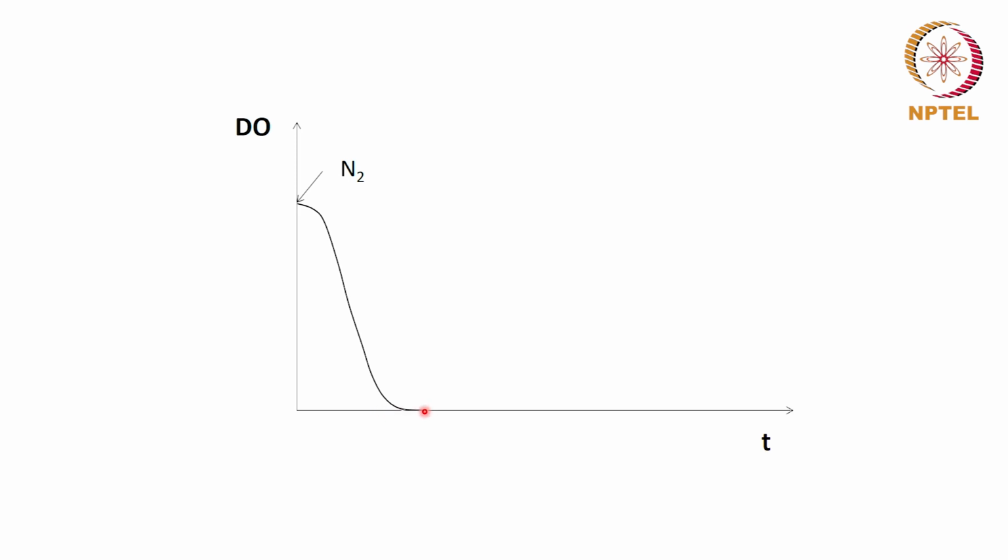Make sure it is indeed zero, wait for some time, and then at time t equals 0, introduce air. Air is being introduced here, and then because of the oxygen coming into the broth, the DO level is going to increase. It will increase something like this and reach a saturated value. Okay.